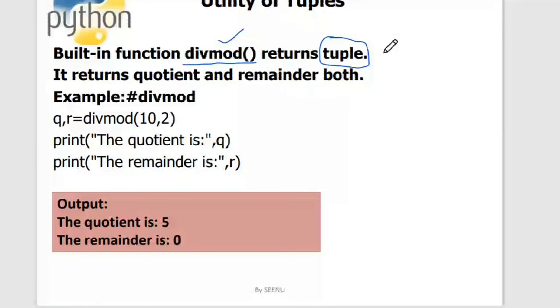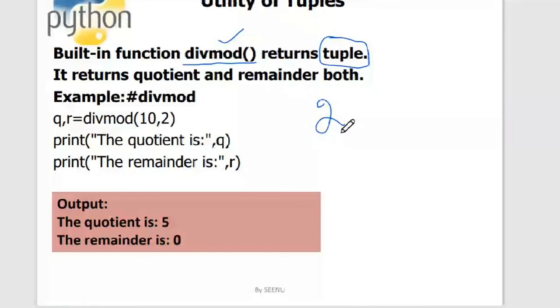Generally we see that a function will return 1 value, right? But here divmod will return 2 values for me. Since it returns 2 values, we need a tuple to catch those 2 values.